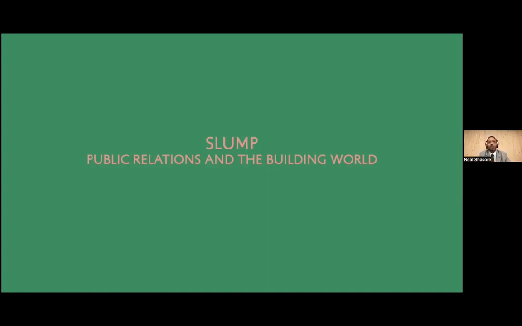So what this chapter tries to do is talk about what figures in the architectural world do to try to mitigate the worst effects of the Great Slump on the wider construction industry and on the architecture profession. And essentially what happens is Raymond Unwin, the great architect of the Garden City movement, the master planner of the first garden city at Letchworth, of Hampstead Garden Suburb,